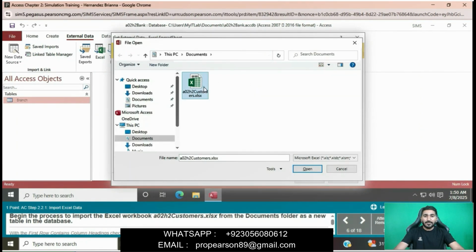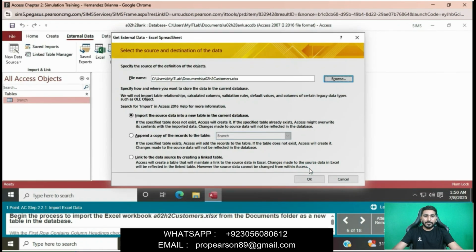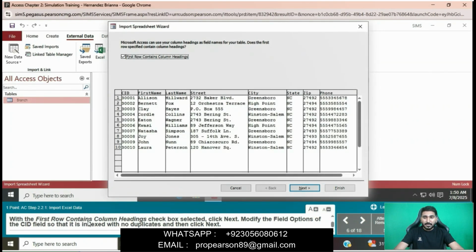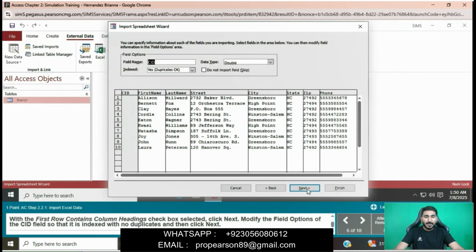We will select the file A02 customers Excel and then click Open. Simply click OK, and with the first row contains column headings checkbox selected, it will be selected. Next, modify the field.